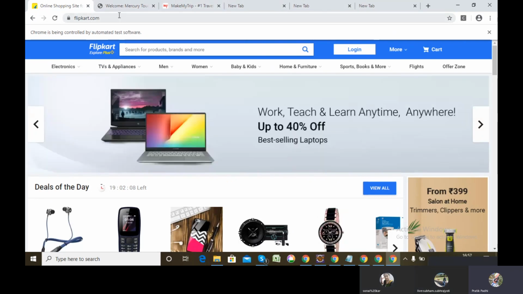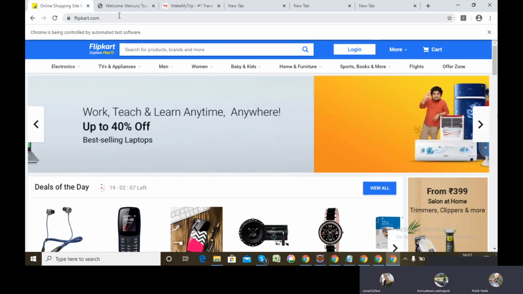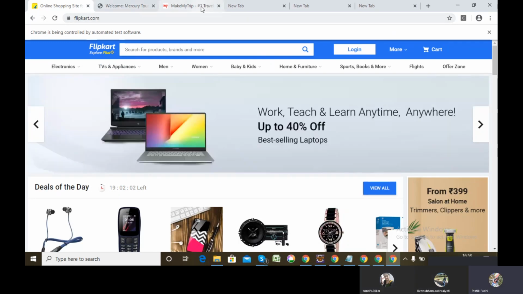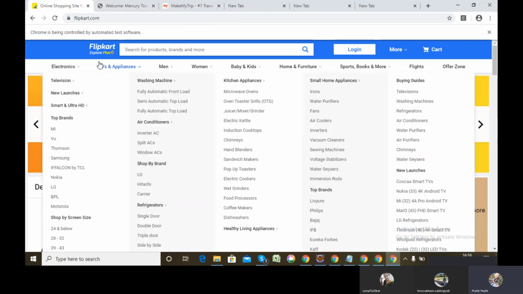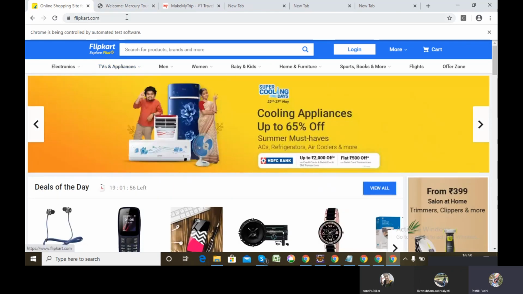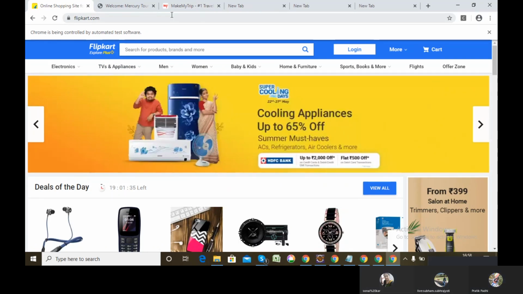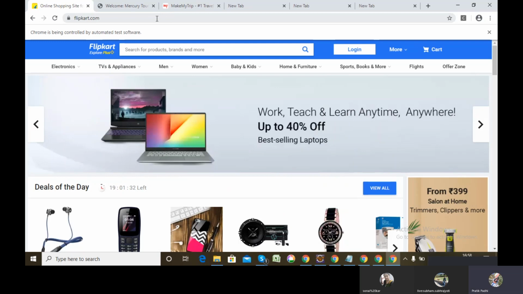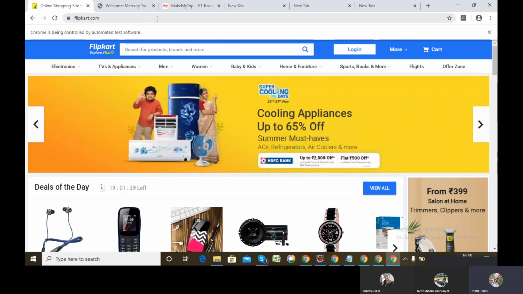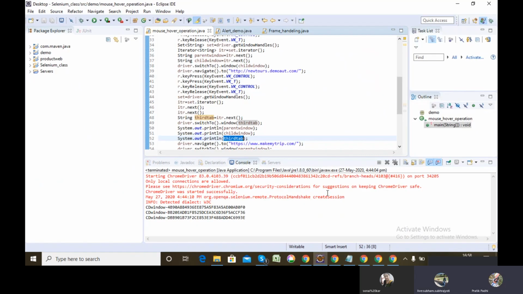In a real scenario, you will be having only one site at a time which you will be testing. I have shown different sites here, but this will not happen in real time. If you are testing Flipkart and you click a particular link, a new tab will open. In that also, if there is a link, you click it, and a new tab will open. In real time, only one website will be handled, and different tabs will open by clicking certain links in that website. That will be the application requirement. So, got my point on how to handle windows? Yes, sir. Okay.